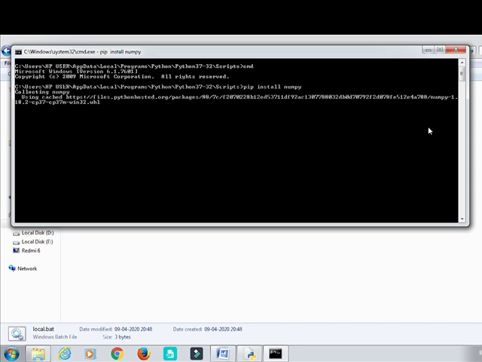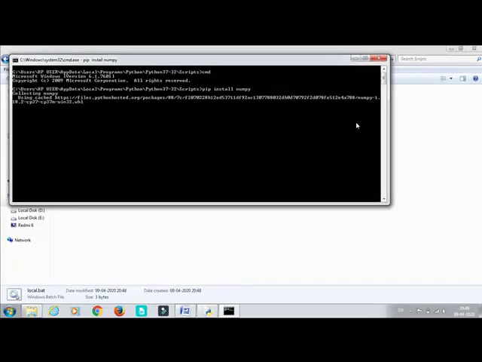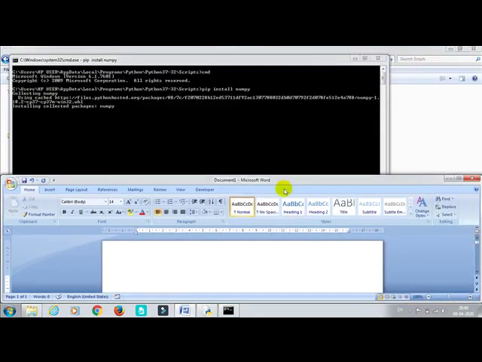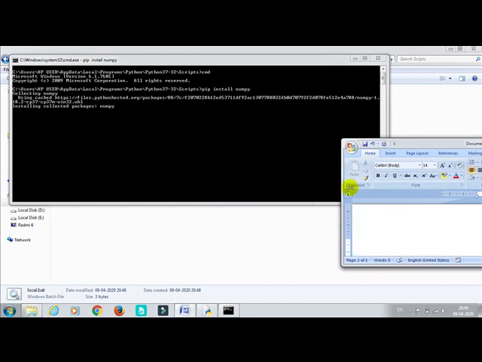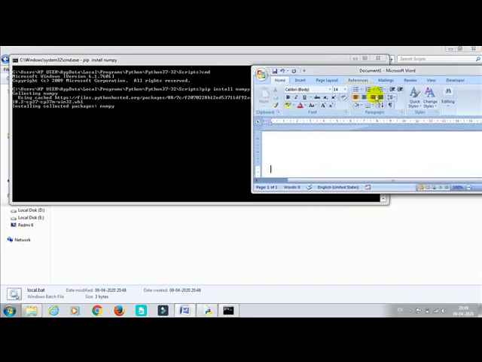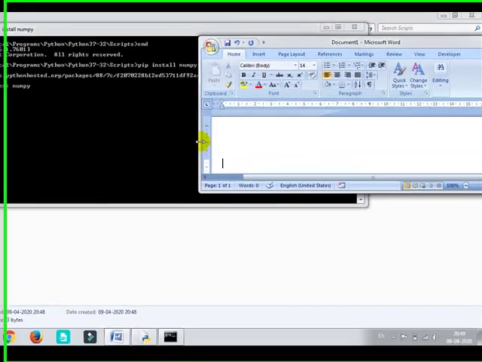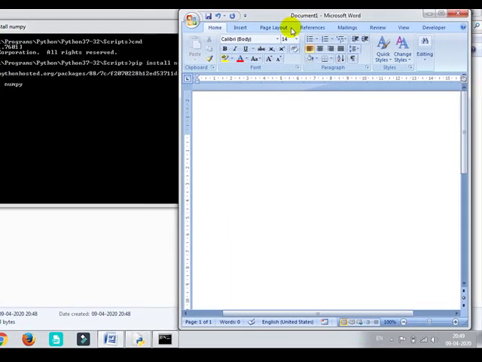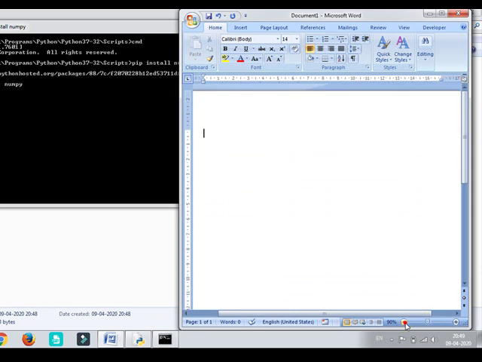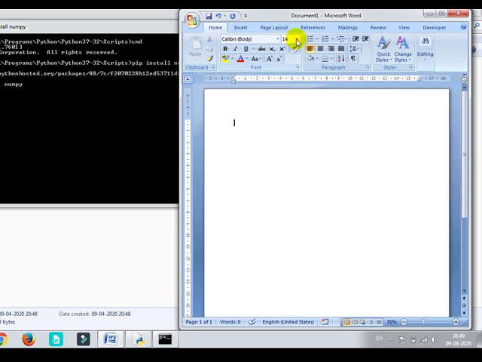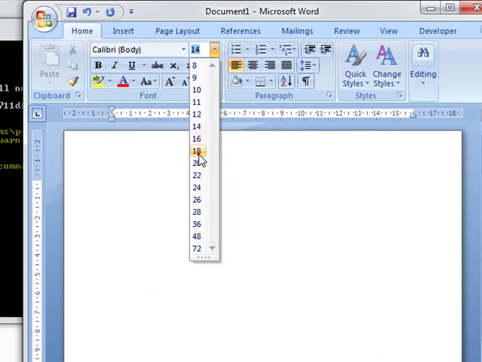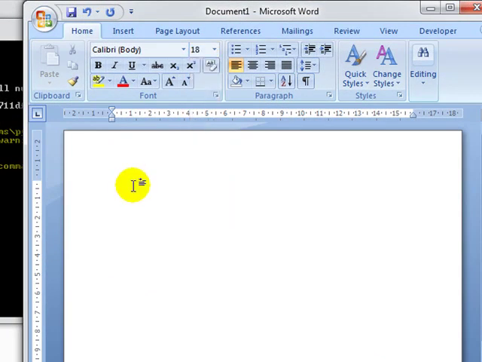Meanwhile, we'll do one thing. We will start a new topic of NumPy that was not discussed last time. So I will discuss it now, because it will take a little bit of time to install. Meanwhile, I will start a new thing. So let's see data types in NumPy. What are the different data types?